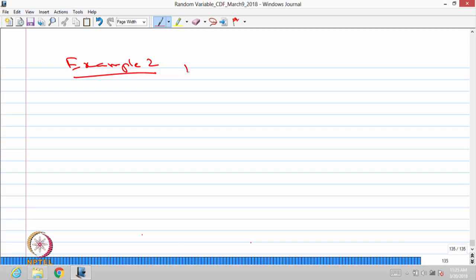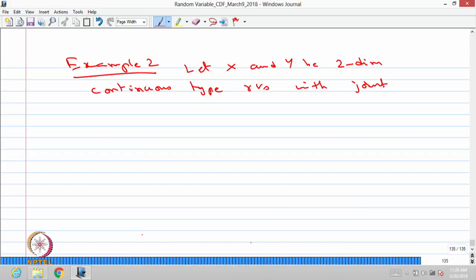In this problem, let x and y be two-dimensional continuous type random variables with joint probability density function given by small f. Whenever I use a small f, that is a joint probability density function. If it is a capital F, that means it is a CDF,